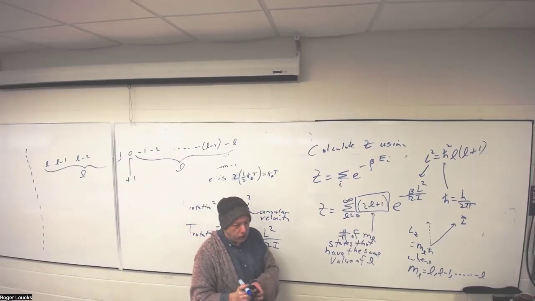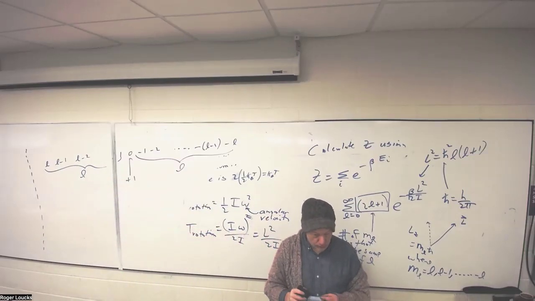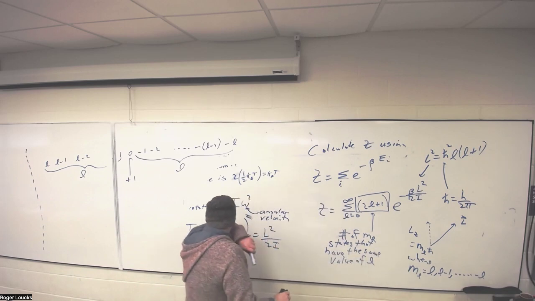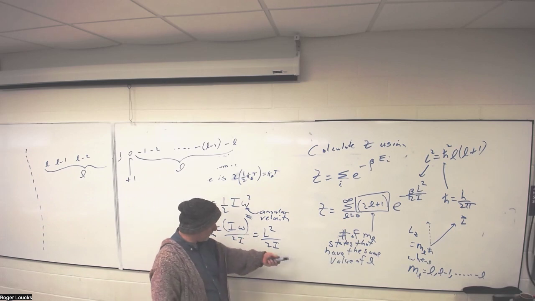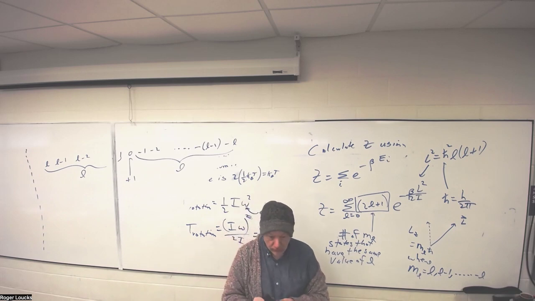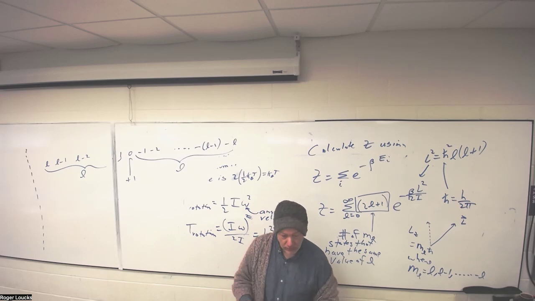But that only works if your L is an integer. Well, the number is always the same. It works for spin too: it's still 2S plus 1. That's actually one of the reasons why they ended up realizing that the spin has to be a fraction, and experimentally that's how they determined that.